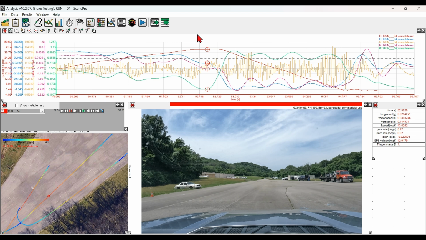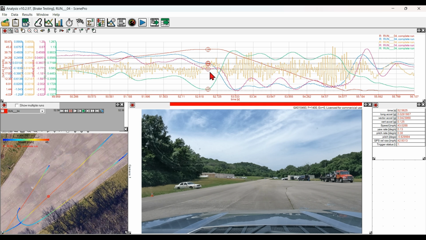You'll notice right away when the brakes are applied that you do have some vertical acceleration changes, and it could very well be picking up my movement in the vehicle as we step forward. And I'm just using arrow keys to step forward, so we're going in 1/100th of a second increments, stepping into the data. You immediately notice that we've gotten movement in the vertical acceleration, the vector acceleration, as well as the